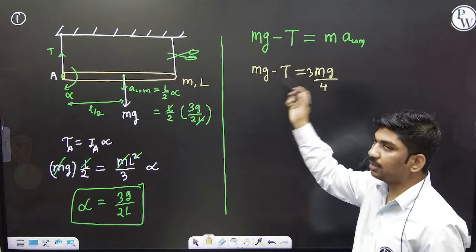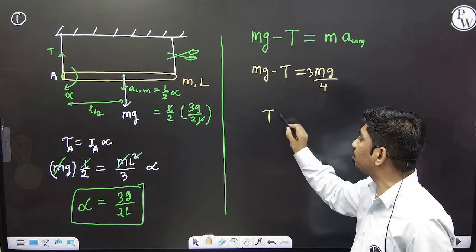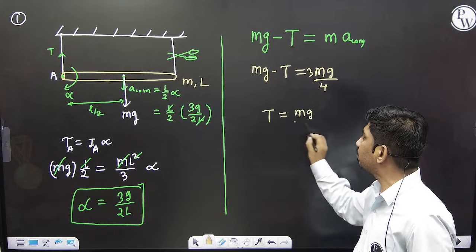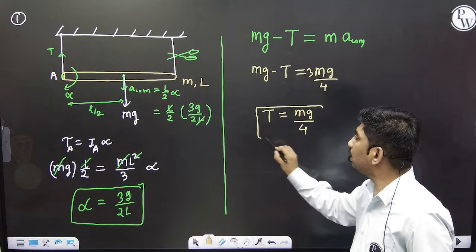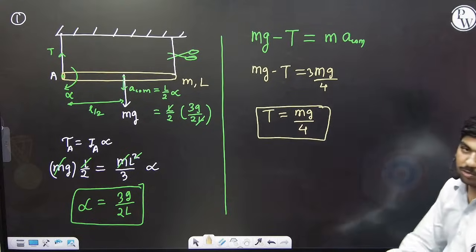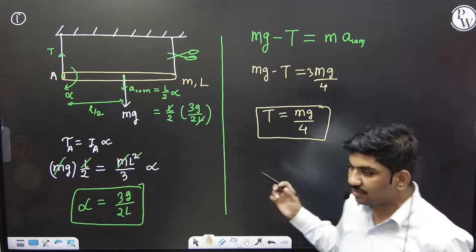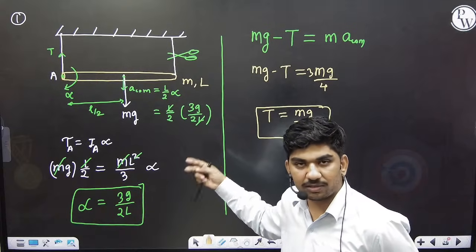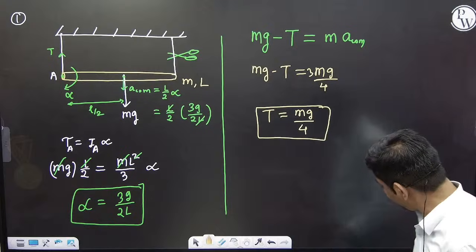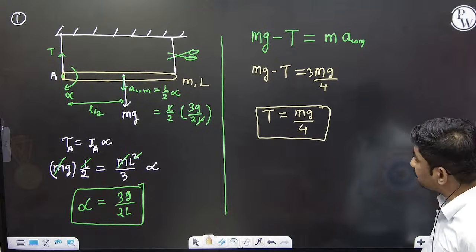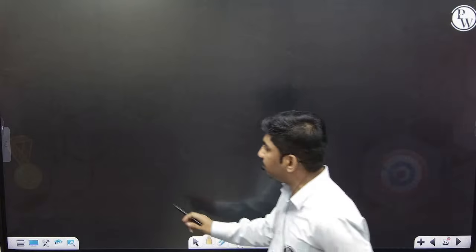So T will go on that side and we will get a tension of mg by 4, which was an option. Okay? This was one of the questions based on rotation. I feel it is a bit moderate. Two steps we were supposed to combine and we were getting it done. Now, once we knew this question, one more question we had was from